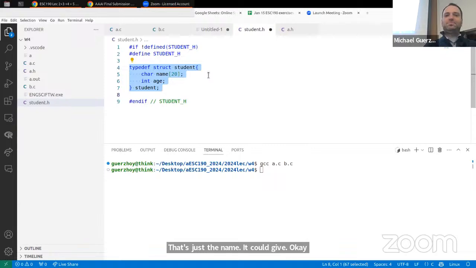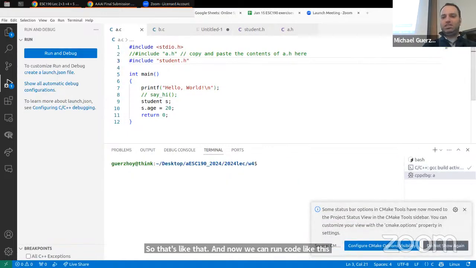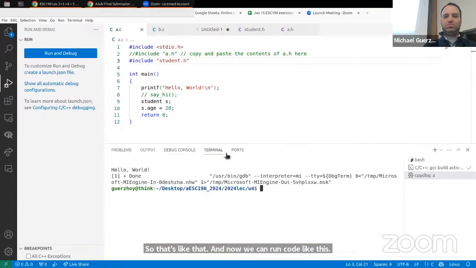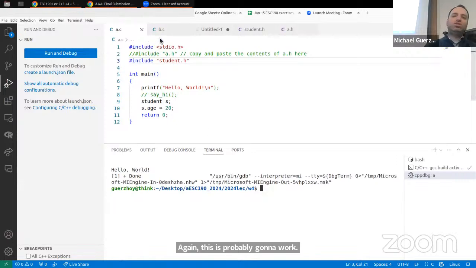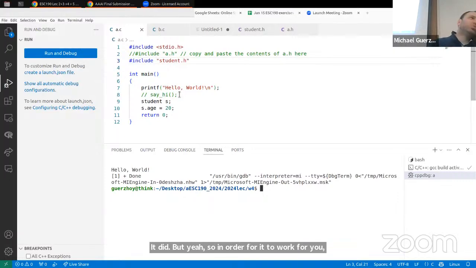Okay. So that's like that. And now we can run code like this. Again, this is probably going to work. It did. In order for it to work for you, what you probably need to do is open the folder. And the reason for that is,